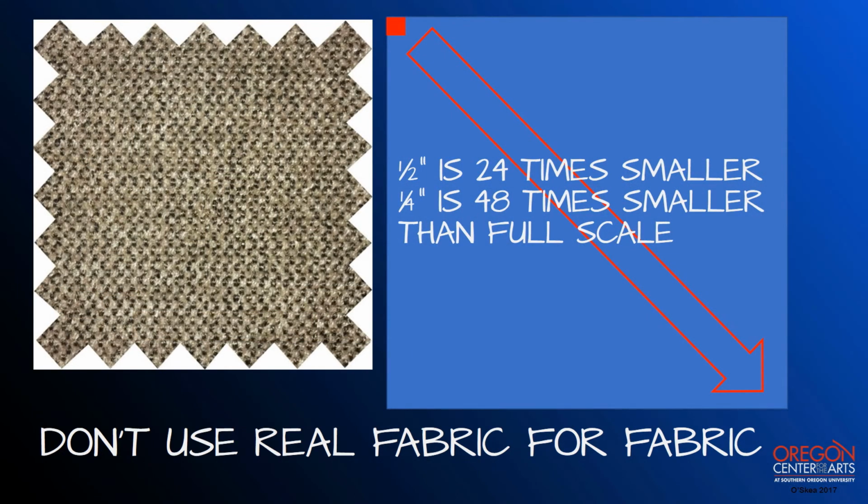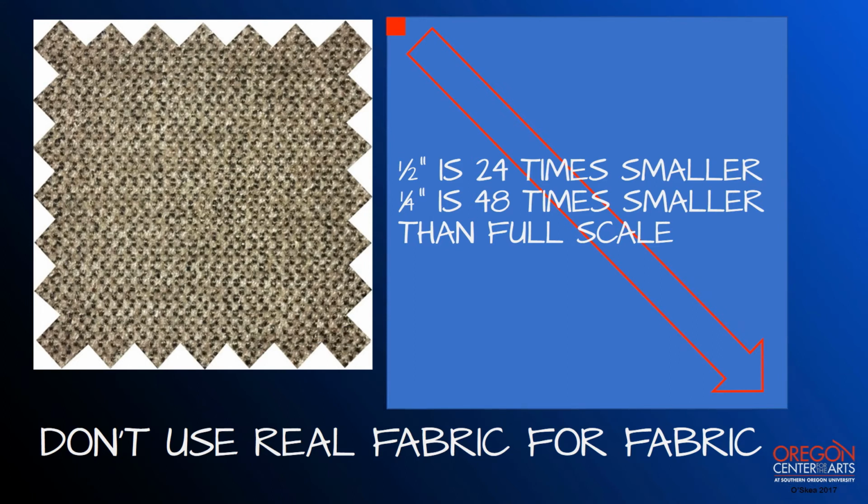Don't use real fabric for fabric on stage. So if you're going to use like black masking, just use black construction paper, or even foam core is fine for that kind of thing. If you want a cyc, just use a piece of white paper or paint on it with some kind of beautiful sunset or whatever. It's much better to use paper as a fabric replacement than actual fabric, because the fabric